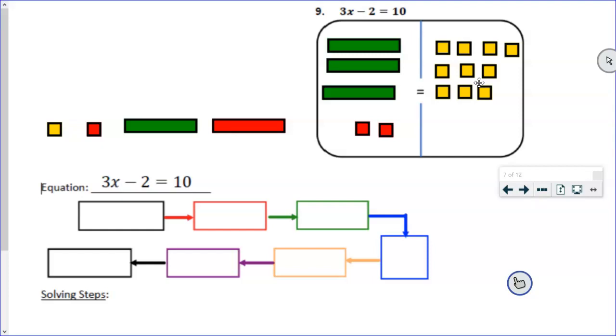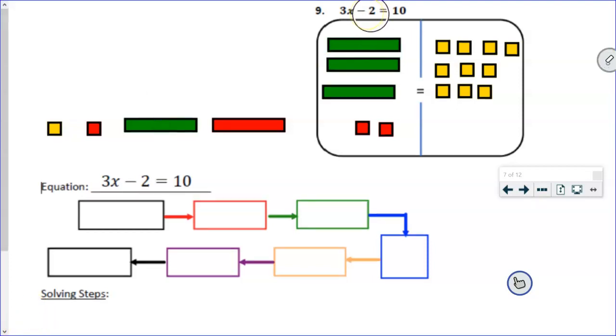But we can model these with our algebra tiles. Notice 3x, so I have 3 of these x tiles. And minus 2, we can't really show minus 2. We have to show that with negative tiles. That minus 2 we're showing with the 2 negative tiles. And it's equal to and balanced with on the other side. It says 10, so I've got 10 of those unit tiles. Now, the one thing that I want you to pay attention to